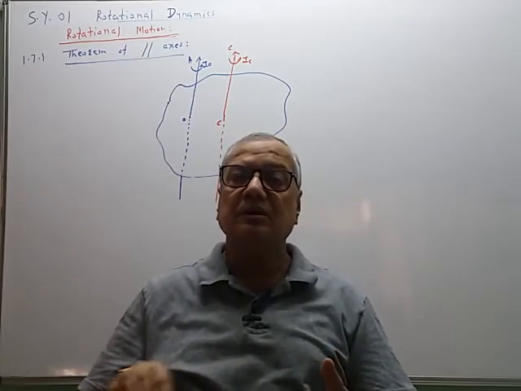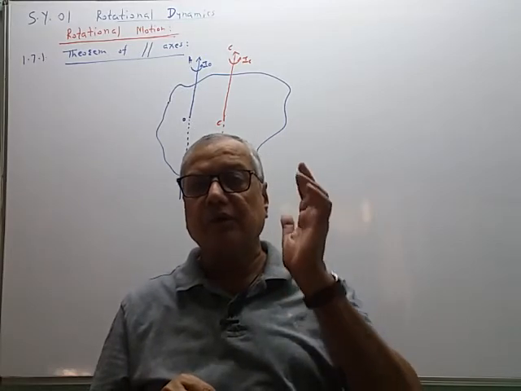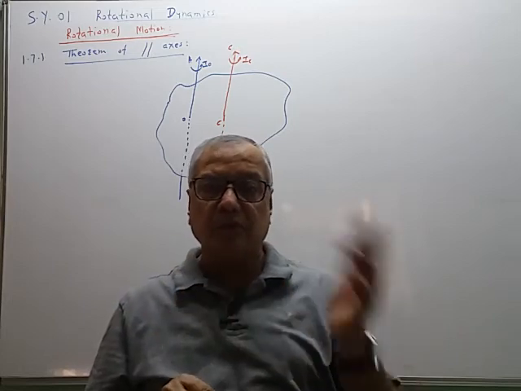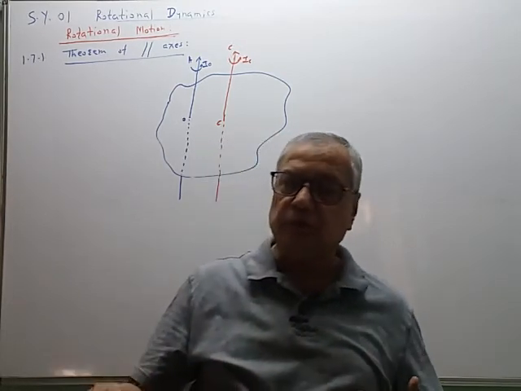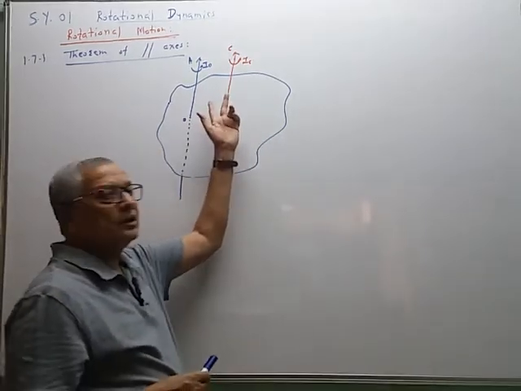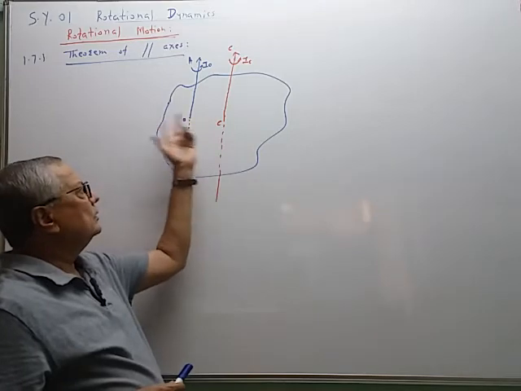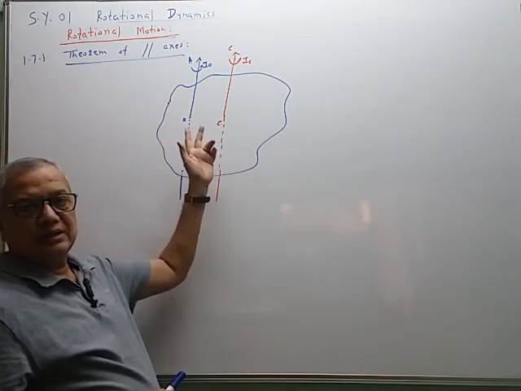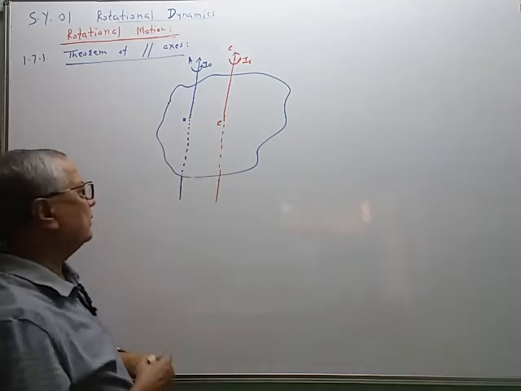What have we begun the MI definition with? The moment of inertia of a body about a given axis of rotation. So if the position of the axis of rotation changes, then the moment of inertia will also change. So IO and IC are not equal. If there is a separation between the points O and C, if O and C are distinct, separated from each other, then IO and IC are never equal.